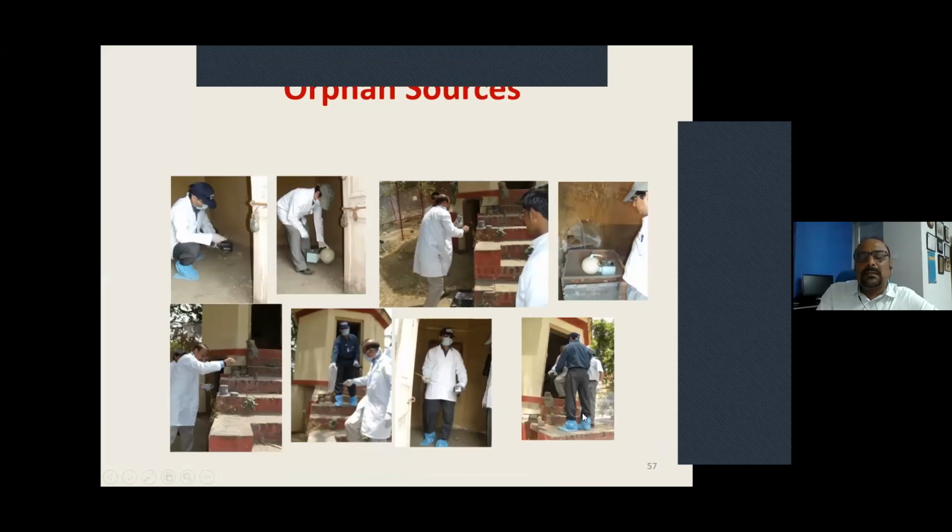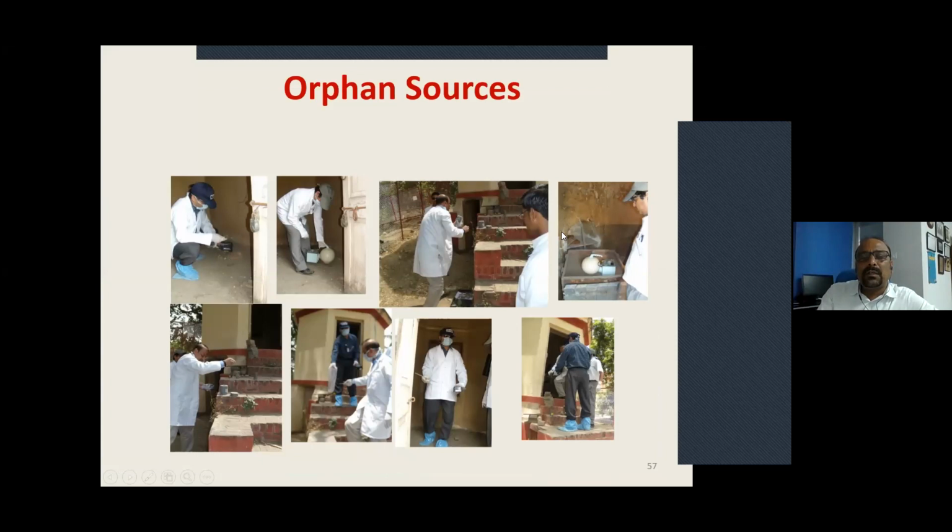And after the Delhi University incident, in our university we found many orphan radioactive sources, and they were also sent back to BARC. These two incidents we could manage because of our training to handle radioactive sources. So you can see, when you don't know what type of radioactivity you are handling, you have to use gloves, mask, caps, shoe covers, and in case of radiological accident or nuclear disaster, you have to use a PPE kit.